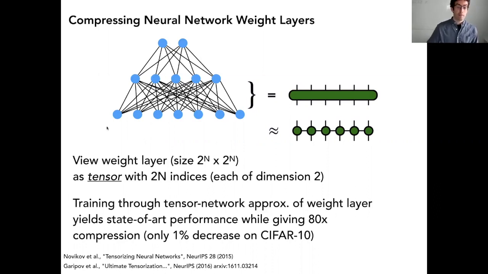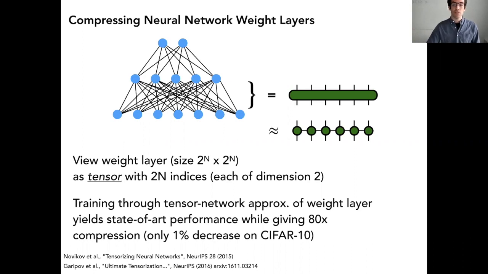So one of the applications that I've not been involved in, but I've just been watching, and I think it's really interesting, is compressing neural networks with tensor networks. So the idea is that you have a deep neural network with multiple layers. And let's say we want to take one of the layers to be really big, very wide. Then there's a trick you can do where you can just reshape or view that weight layer if it's very big. Let's say we just pad it out to be a power of 2 in terms of its linear size, so we choose it to be size 2 to the n by 2 to the n, because a weight layer, after all, is like a big matrix.